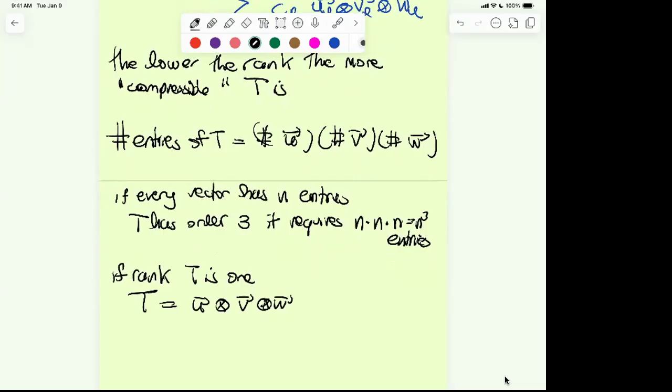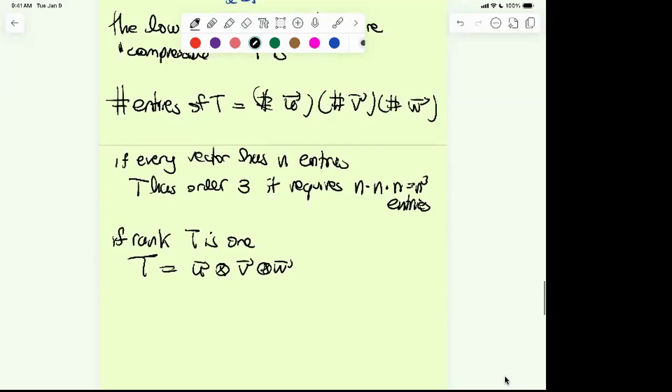So if you were to store the entries, you only need to store three n entries, and then you can reproduce any entry of the actual tensor just by doing that. If you were interested in a particular entry of the tensor, you locate the entries of the individual pieces and do the multiplication. Each of U, V, W would require n entries. So in terms of storage, it requires